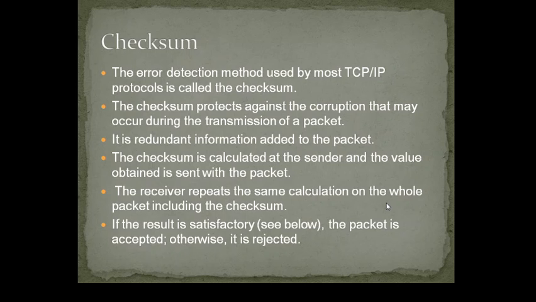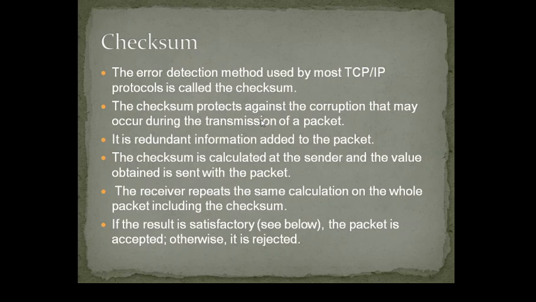Now the next thing is the checksum. So basically it is used for error detection. So what happens actually, during transmission of your packet, some bits may get corrupted, or some extra bits can be included, or some bits can multiply themselves. These kinds of things may happen. So some redundant information. Okay. Now what happens?